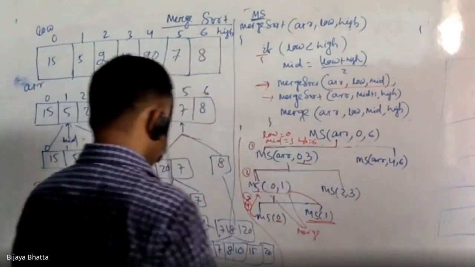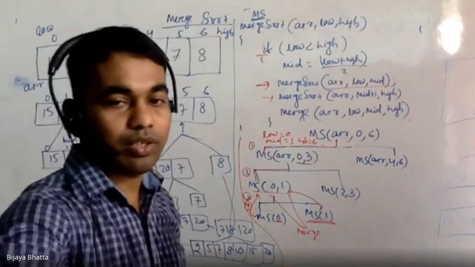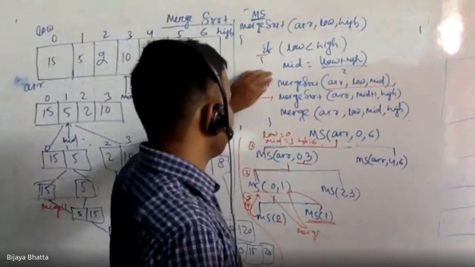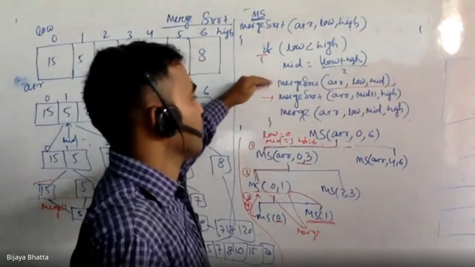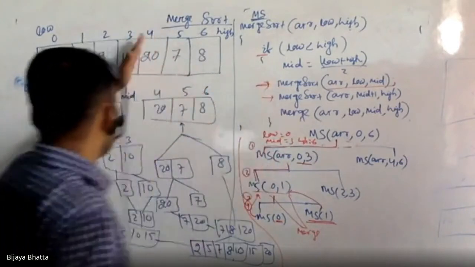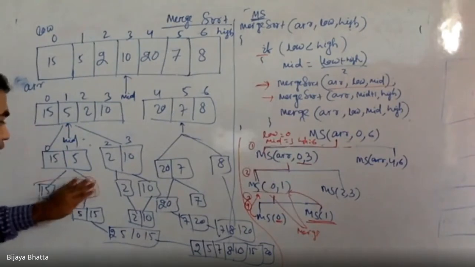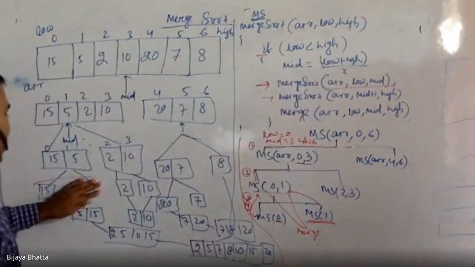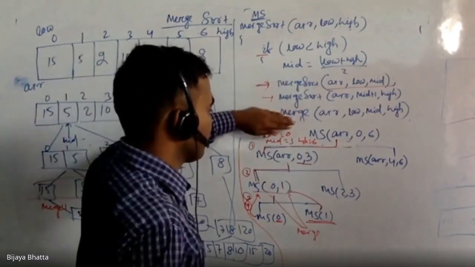I will just quickly recap. Whenever you are writing a recursive function, it will keep on calling until it returns some value. For the left part it will keep on going; when left reaches a single element, it returns and calls for right, and if low is not less than high, again it will return. Once it has returned, it will go to another function call. So this is done, and then there is only the merging functionality.